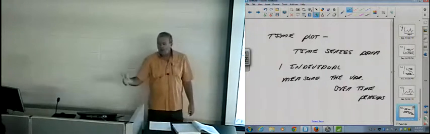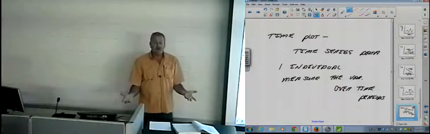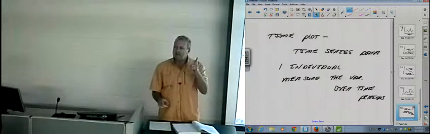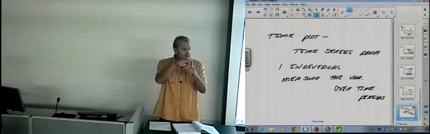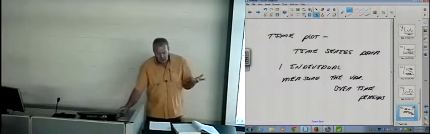Yeah? What I want to do is I want to distinguish between time plot and a histogram. They're showing you different things. A time plot, there's only one individual in the data set. And you have that one variable measured on that one individual, and then you got that variable measured at different times. Okay? A histogram,